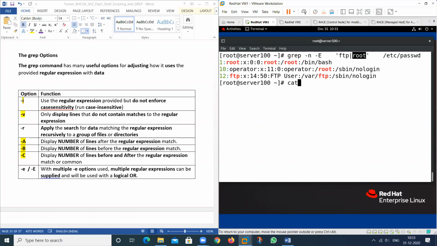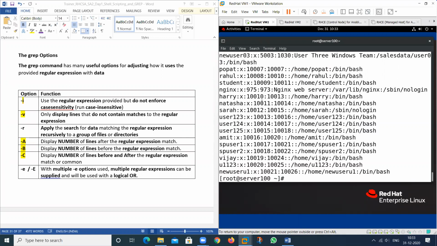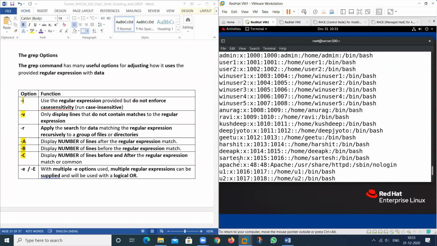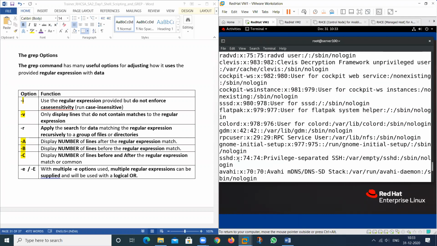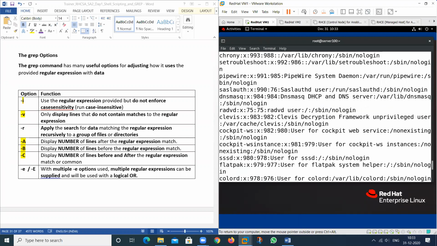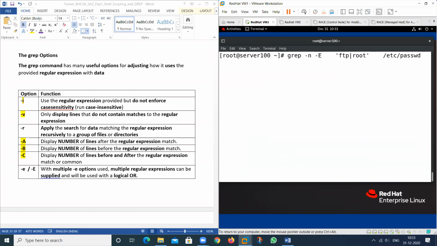Suppose we have a number of lines in this particular file. Suppose that is user 123, 124, 125, also match these values. So we can match any value that I want. So this is about the -e option.